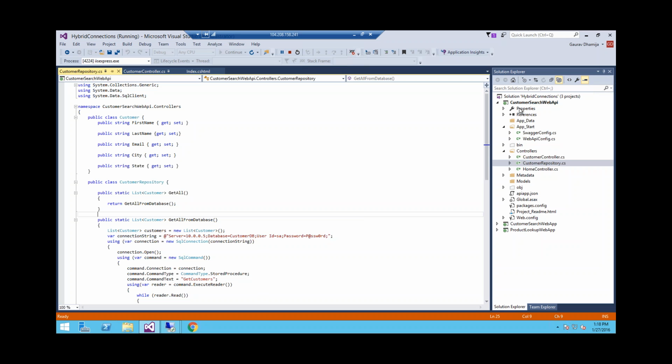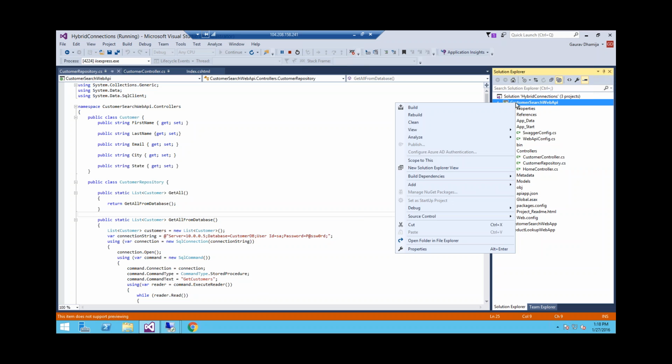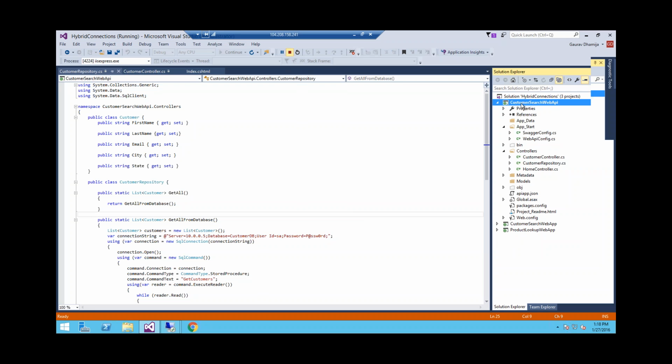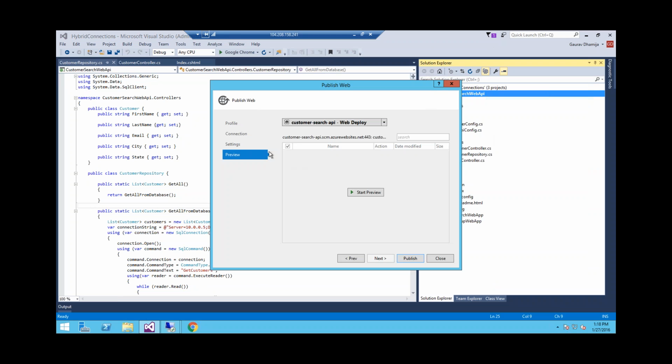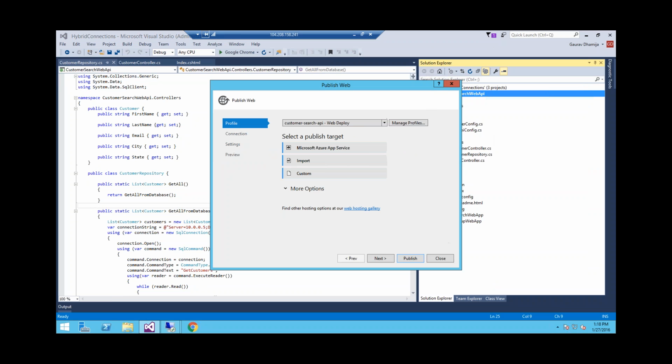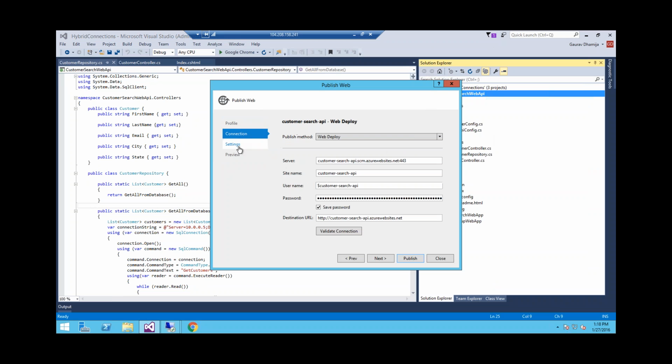Now, if I publish this particular web API, let me publish it. So here I'm leveraging Visual Studio App Service tools, and I'm publishing it as a Microsoft Azure App Service. I've already set up the publish profile.